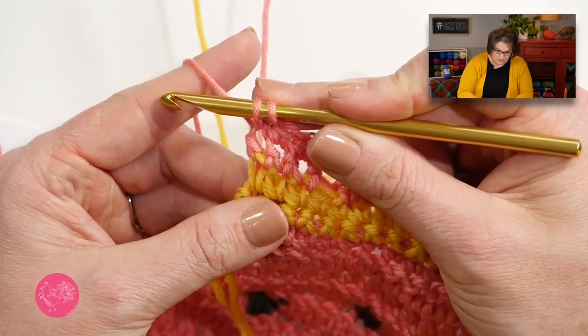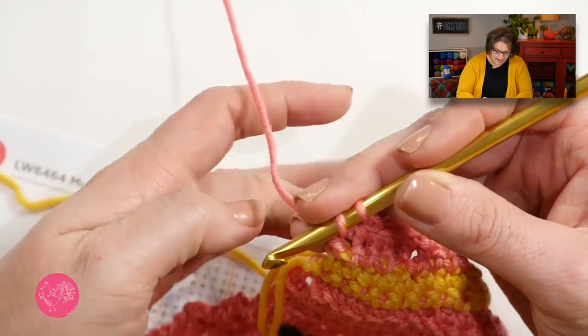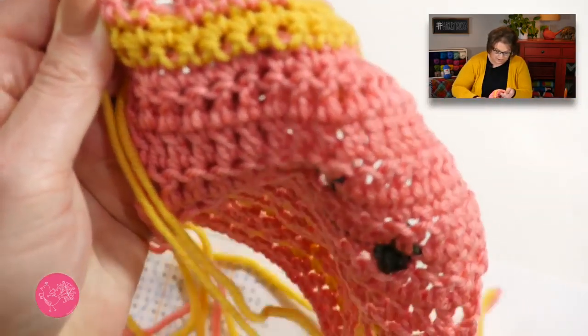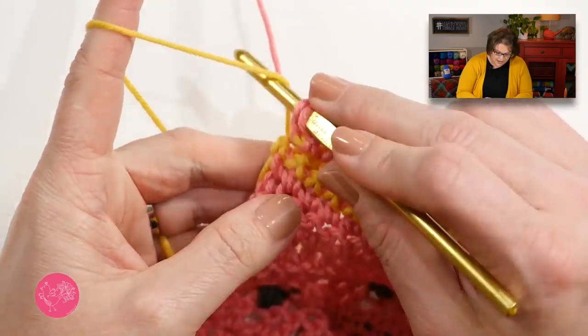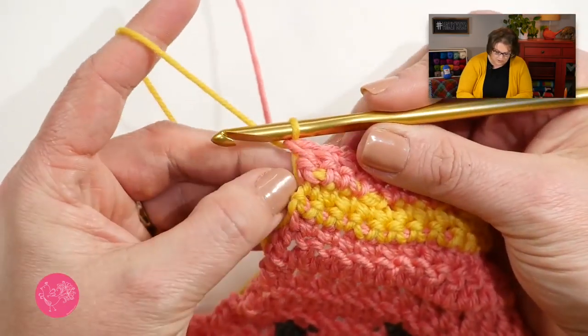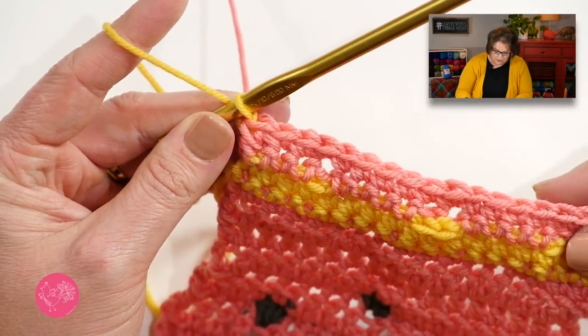Remember, I'm going to change color on this last stitch on the row back. So I drop my color A. I can pick up my color B. It's kind of twisted around my work here, so I'm going to make sure. That's the hardest part about keeping all the yarn attached. Drop my color A, pick up my color B, yarn over, pull through, so make sure my float isn't super tight. And I'm ready to go ahead and carry on with my color B, which is just a couple rows